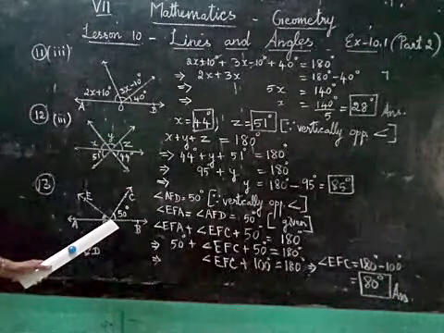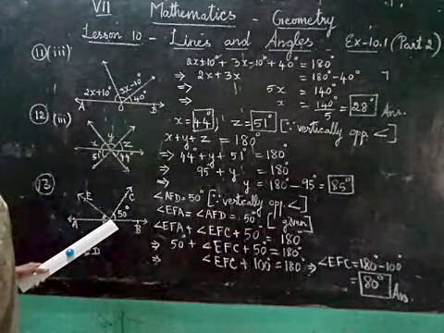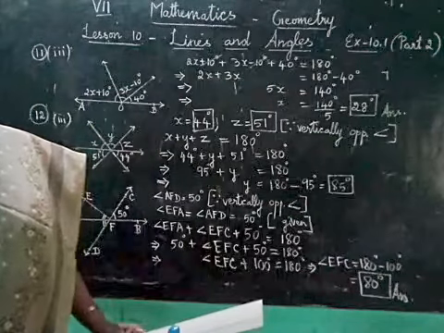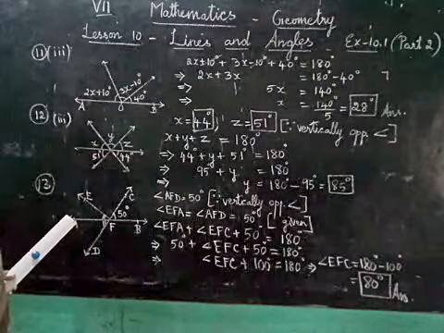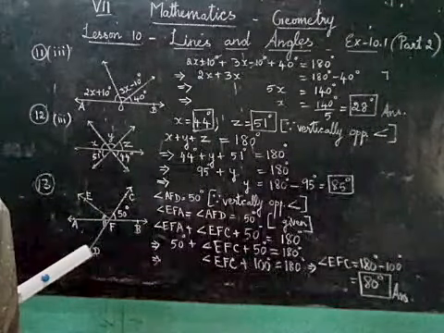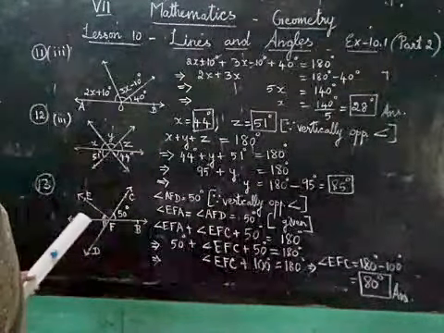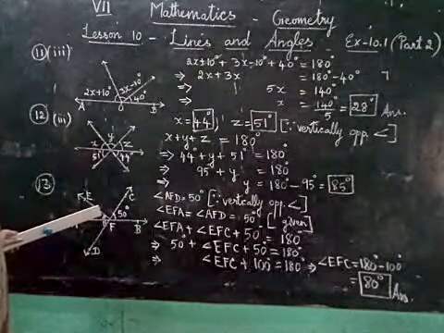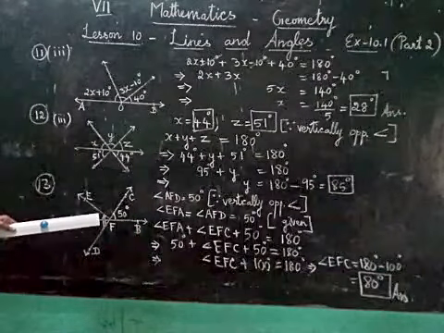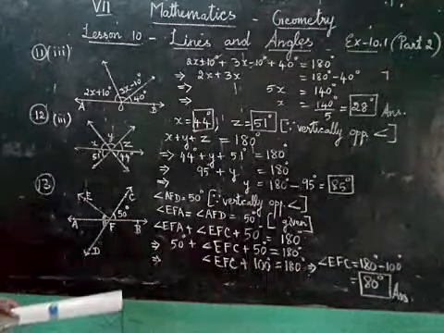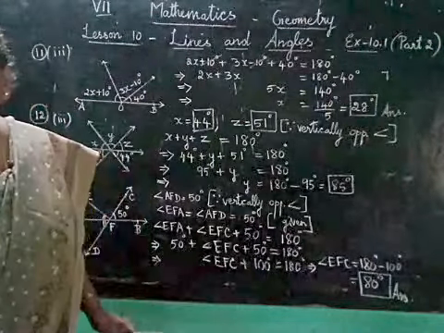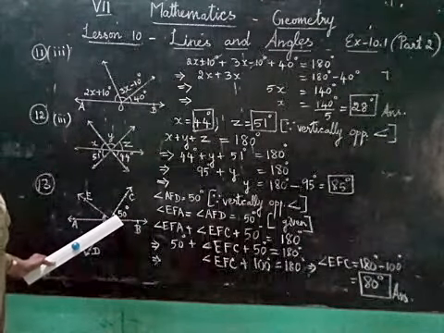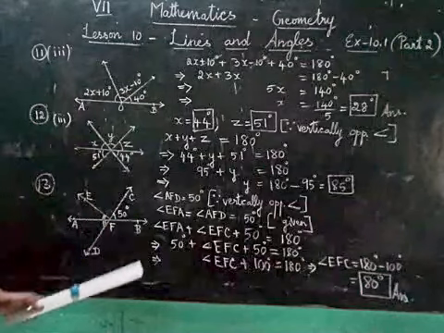Now these two lines AB and CD are intersecting at the point F. That is the first information we are told. Then we are told that the angles EFA and AFD are equal. That means these two angles are equal. That is why I have put the symbol here. Now another information is given that angle CFB is equal to 50 degrees. These are the informations given.